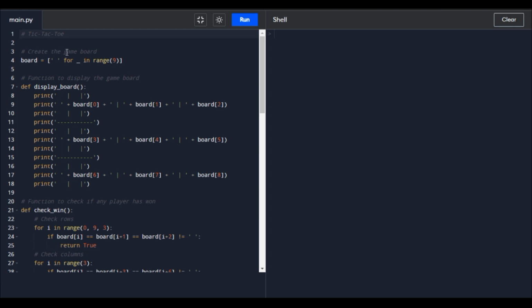Here I can explain the logic of the program. So first step, create an empty game board using a list of 9 empty spaces. Then the second step, define a function display_board to print the current state of the game board. Now the third step,